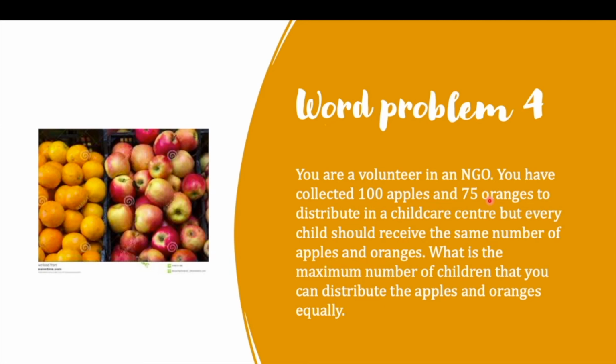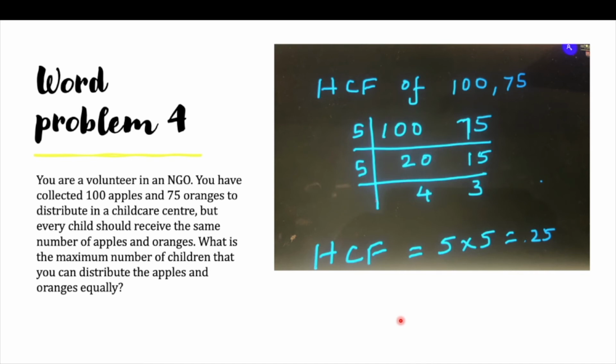So think through this question again. What are the conditions given? You need to distribute this to the maximum number of children and you want to distribute it equally. So these are the two conditions. With these two conditions, how will you go ahead and do this task? So think about the solution again, work out the solution and then move ahead to look at the solution that is provided in the video.